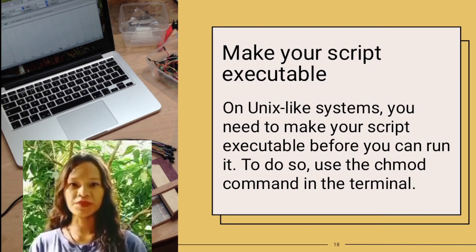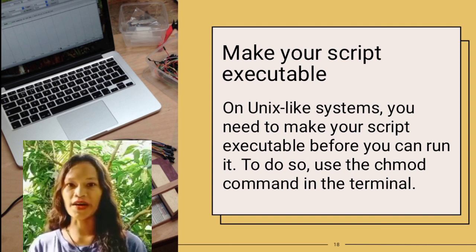Make your script executable. On your Linux system, you need to make your script executable before you can run it. To do so, use the chmod command in the terminal. For example, if your script is named myscript.py, then you can make it executable using the command chmod +x